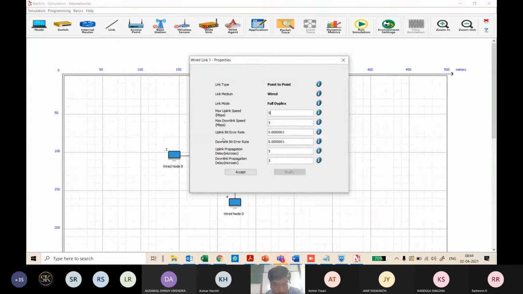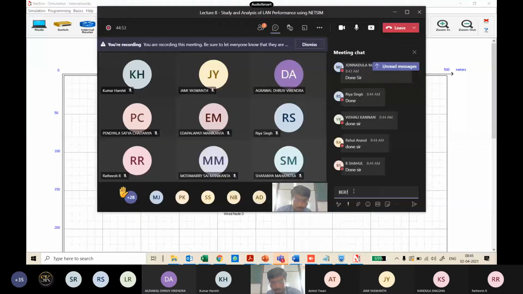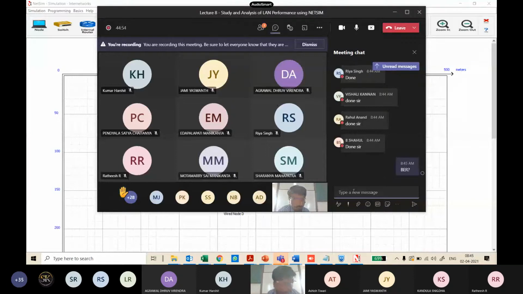Have you heard of bit error rate? Anyone? BER. What is BER? Bit error rate. I think you've gone through DC. So what is bit error rate? Over the link, if it's a noisy link, your bits are getting corrupted, and at what order they are getting corrupted. If 1 out of 1000 bits are getting corrupted, that's how you model your link's bit error rate.